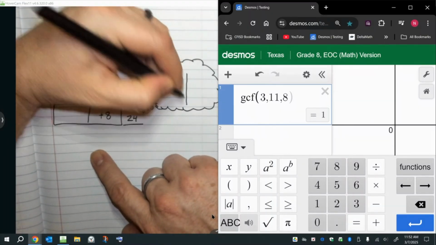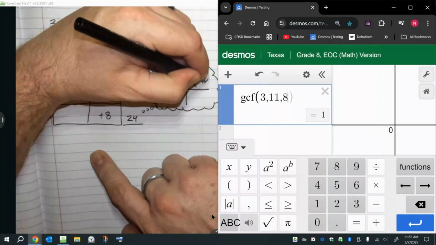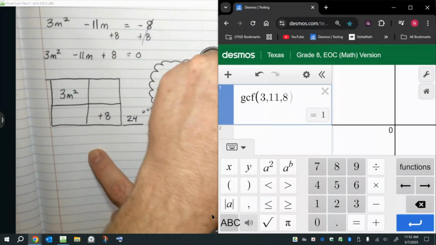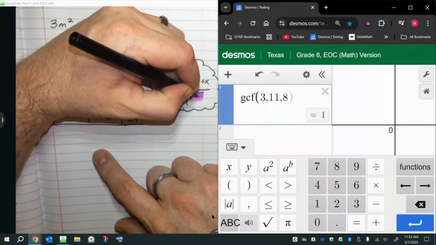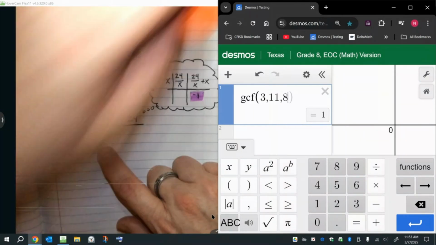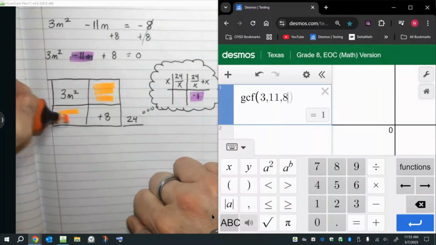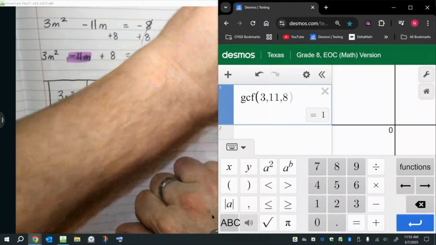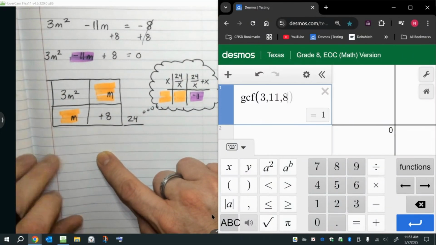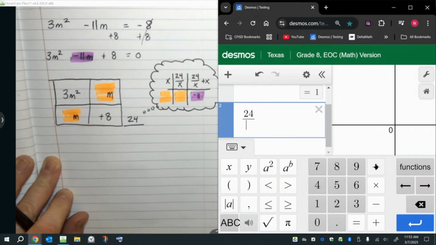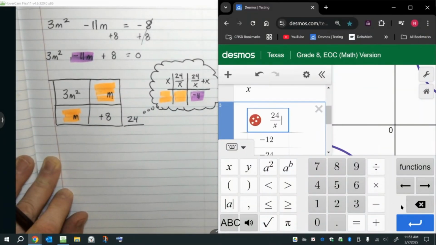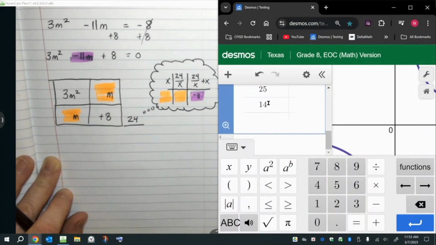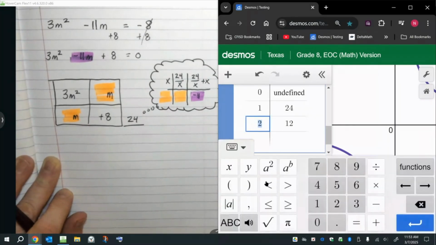24 divided by x, 24 divided by x plus x. Looking for negative 11. And whatever goes with negative 11 is going to go in these two boxes with an m. So let's check it. 24 divided by x, turn it to a table, add another column, 24 divided by x plus x, looking for a negative 11, don't see one yet. Let's go over here, let's type in a few numbers, let's see if we can